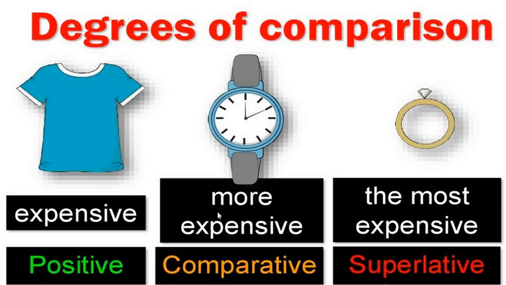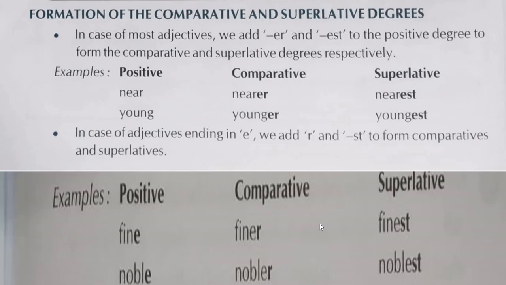In comparative degree we use more. In superlative degree we use the. Okay, in comparative we use more expensive than, more dash than. Okay, in comparative. In superlative we use the in front of the adjective. Okay, superlative adjective we use the. So let's see, students. In your book it's given very clearly. If you go through it, you'll understand it better. But let's see.